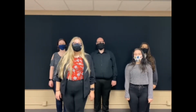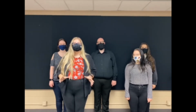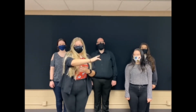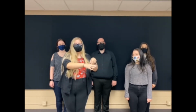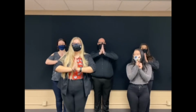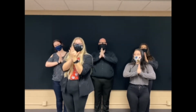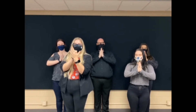Today I'm going to be explaining some simple warm-up routines and finger stretches for woodwinds like flutes and clarinets. So if you look at your arm and you wiggle your fingers, you'll see your arm moving right here because it's connected to the tendons in your hands. So in order to stretch this to get ready for performance, first you're going to make your hands together like this, like you're doing prayer hands, and then you're going to fold your fingers forward and then back to center, and then do the other side, and you're just going to go down all your fingers this way,